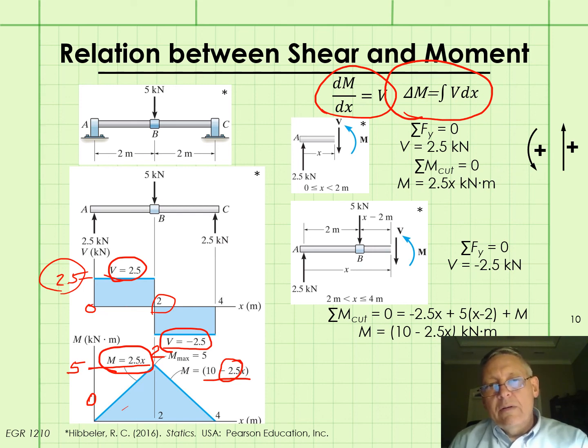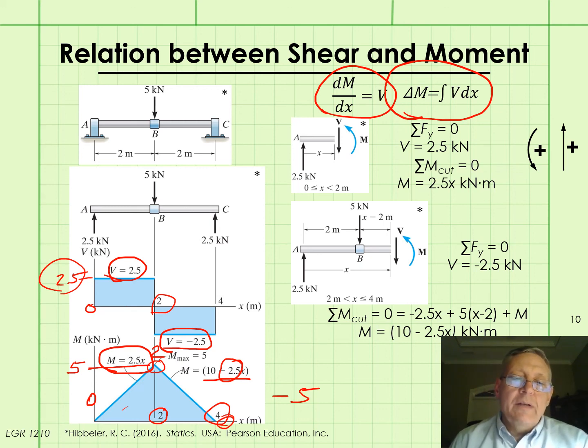And then for the second segment of the beam between x equals 2 and x equals 4, we see that if we look at delta M between 2 and 4, M is changing from 5 to 0, so it has a change of negative 5, and the area under the curve, or the area between the shear curve and the x-axis between 2 and 4, is this area here,